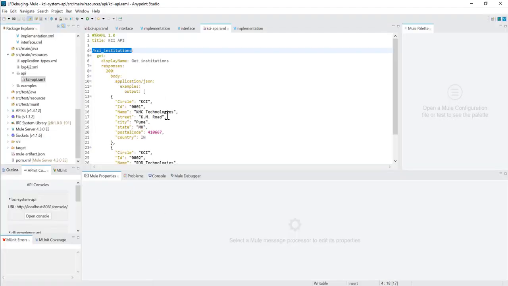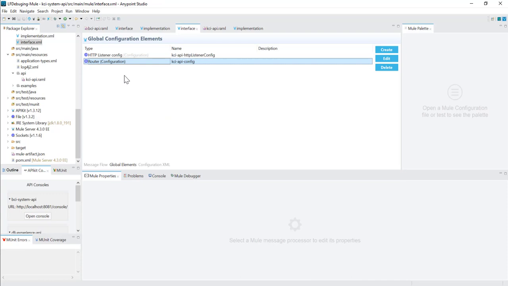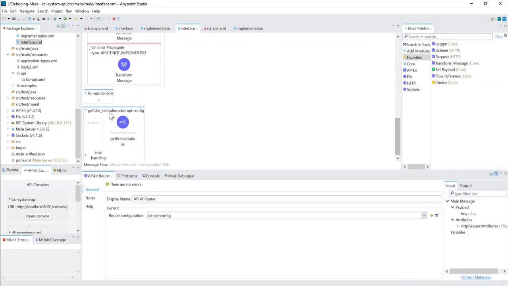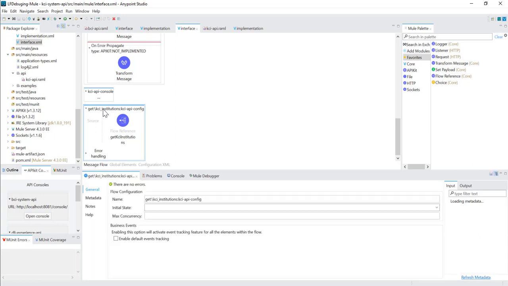So automatically that request would be routed to the respective flow, which is this one. As you can see, this one has this part, slash KCI institutions, right? So this is how the request is routed using the APIkit router to the particular flow.